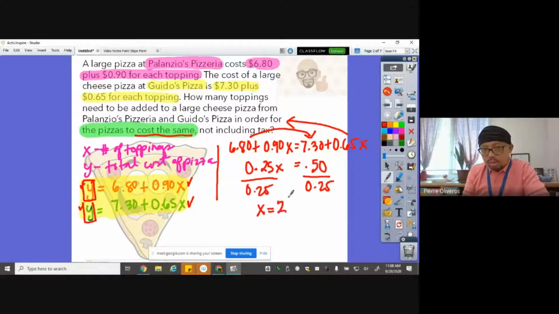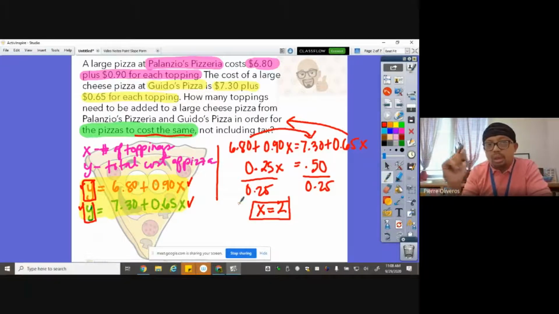So what's the meaning of 2 there? The price of the pizza will be the same for both Palanzio's and Guido's when they add 2 toppings, because X represents the number of toppings. The question here is how many toppings need to be added? The answer is 2 toppings. So I'm going to add here 2 toppings. Make sense? All right,